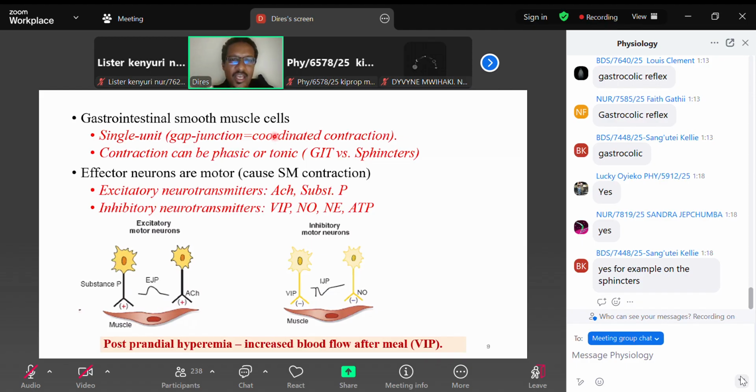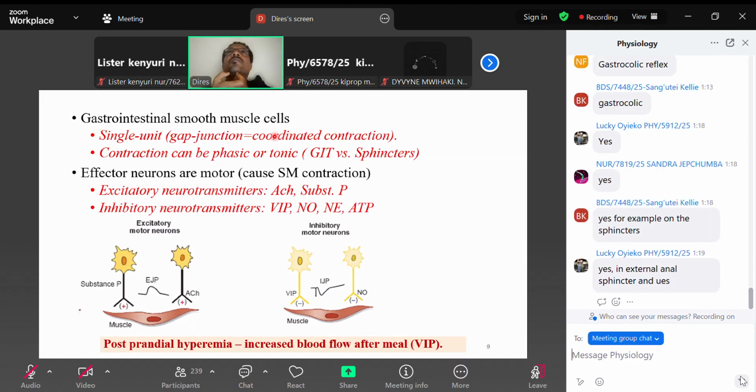For example, if you swallow a food, look, we'll talk later, next period. When you swallow a food and your friend says, oh, you ate a very poisonous food, you can vomit it out, because the first portion of the esophagus is skeletal muscle, striated muscle, voluntary muscle. Once it passes the first 1/3 of the esophagus, now it's over. You can't control it because it's peristalsis. It's a smooth muscle. It goes down till